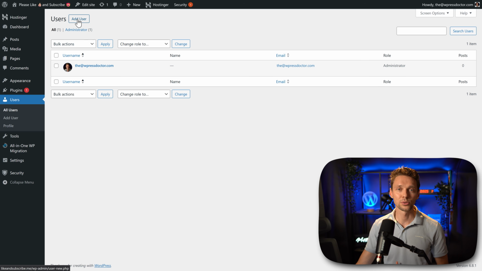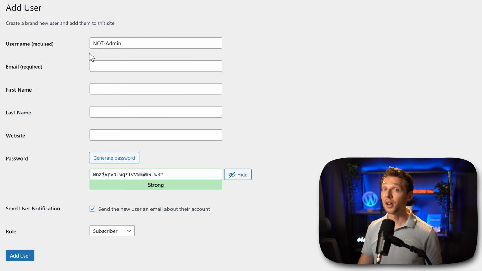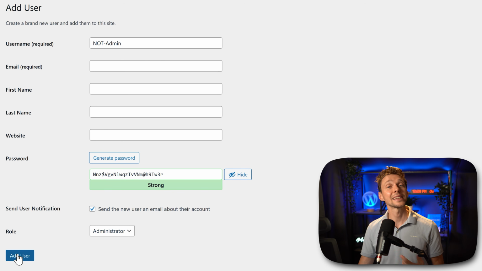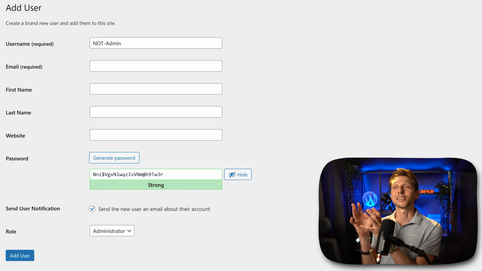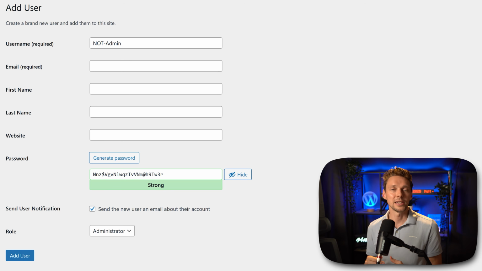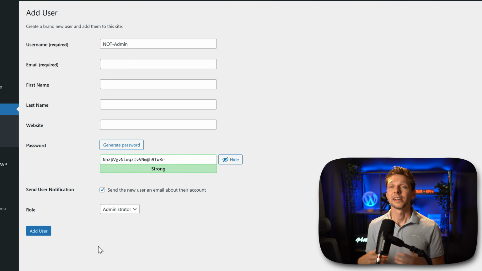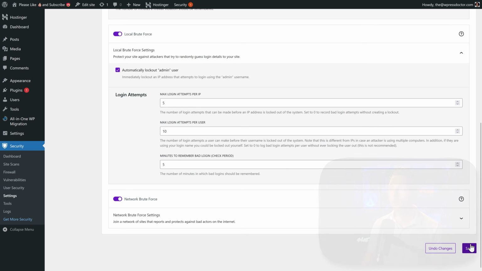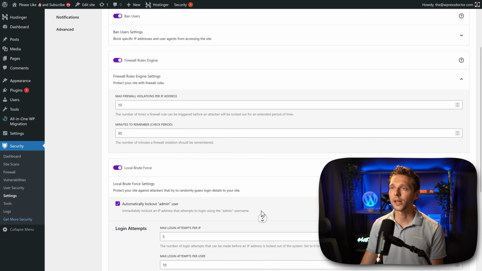So press on add user, create a new username, not admin, put in an email address that's not affiliated with the account you already used to log in, fill everything in, generate a password, put this on administrator and add the user. Then log in with this new user and delete your old user, change the email if you want that, change password, and that's all good. That's the way you should do it, because admin is the worst username you can have within WordPress. Then this is all good, so we press over here save and scroll all the way up and we go